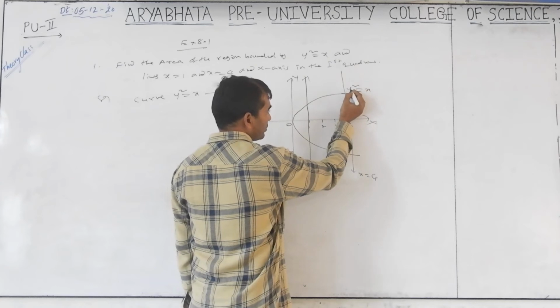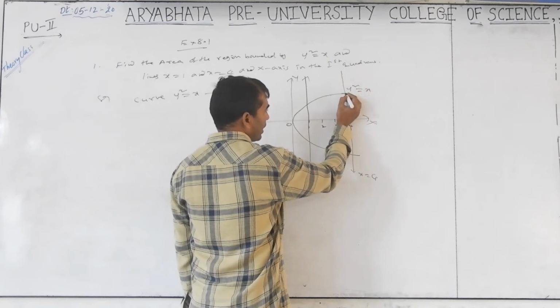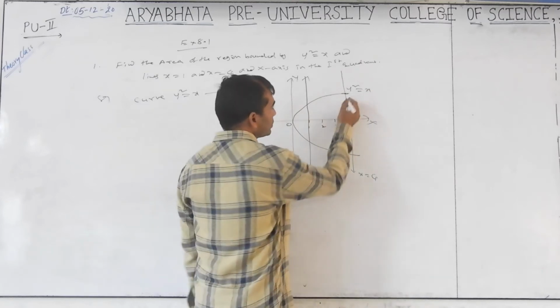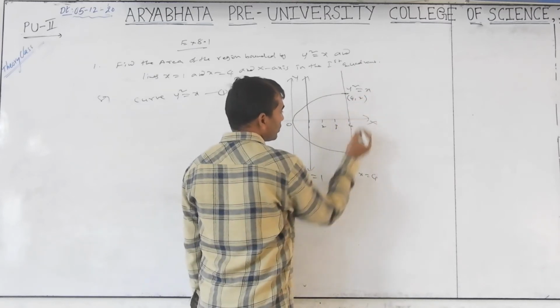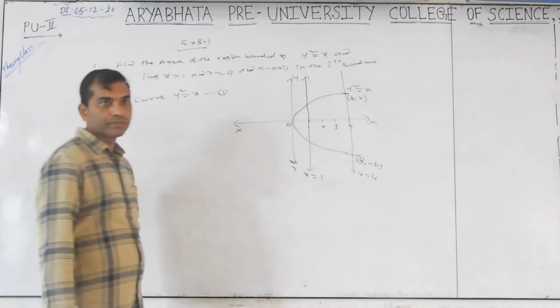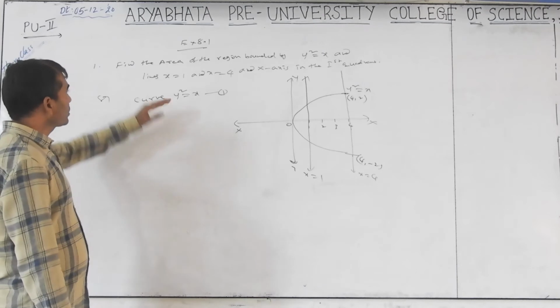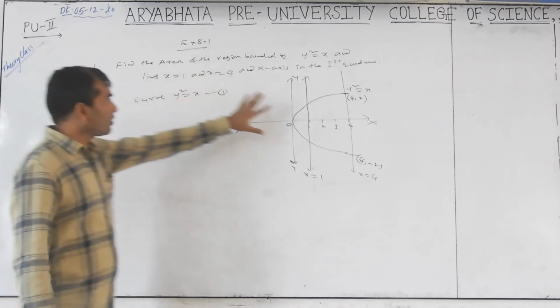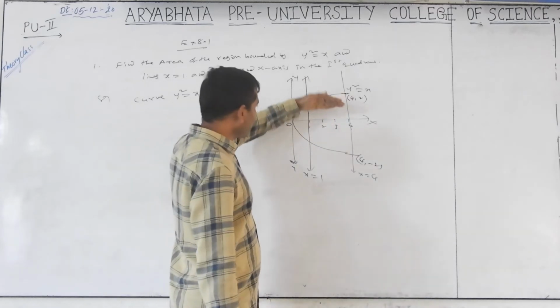What is the y value? X is equal to 4 here, y value is 2. This is (4, 2) and this is (4, -2). Now what is the question? Area bounded by the region, curve y square equal to x, line x equal to 1 and x equal to 4 and the x-axis